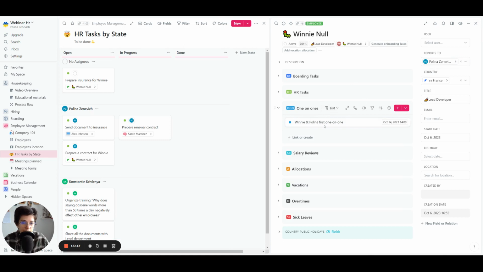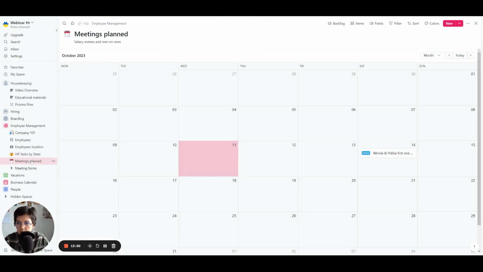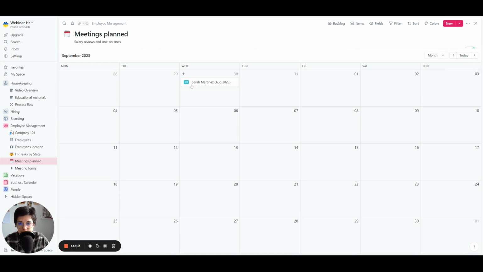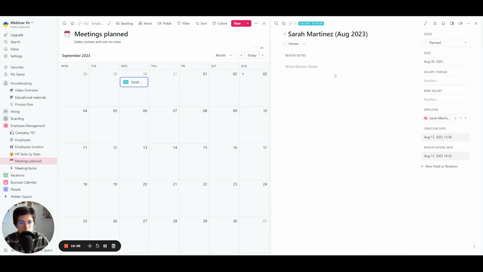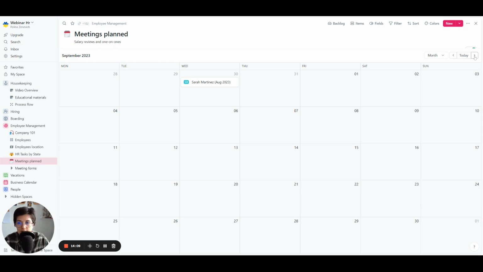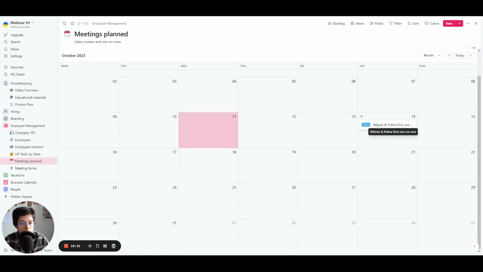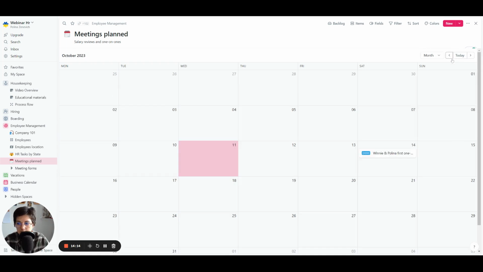And again, even though I edited here, if I go to the meetings planned calendar total, I will be able to see all planned salary reviews, and there I will also be able to see all the planned one-on-ones. Let's check. Did we have anything? Yeah, for example, in September we had a salary review with Sarah Martinez, and in October we have a one-on-one planned. Do we have anything for November? No, we don't. So this is one of the ways you have a granular overview on the employee level, but you don't miss a high-level overview